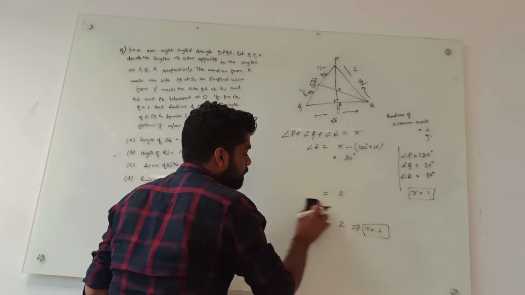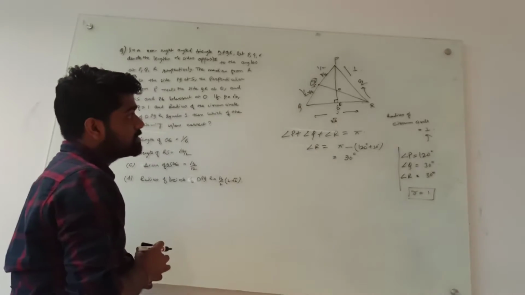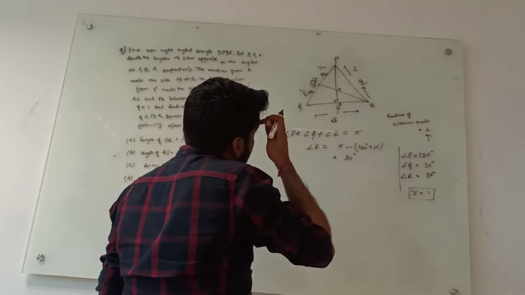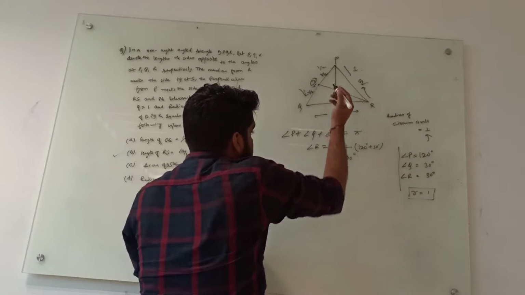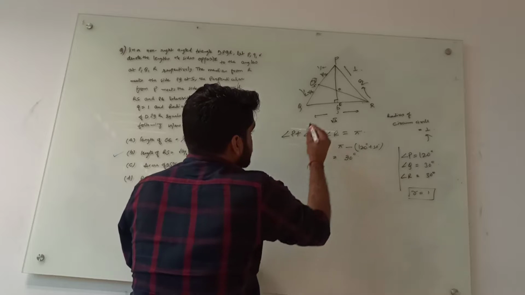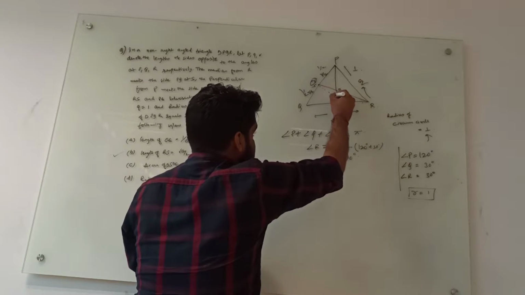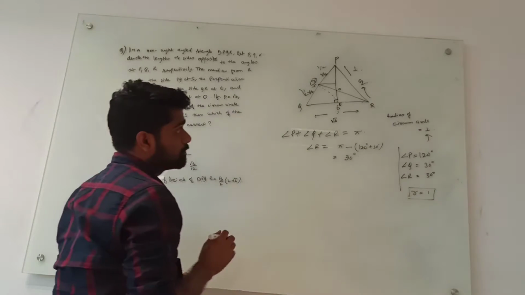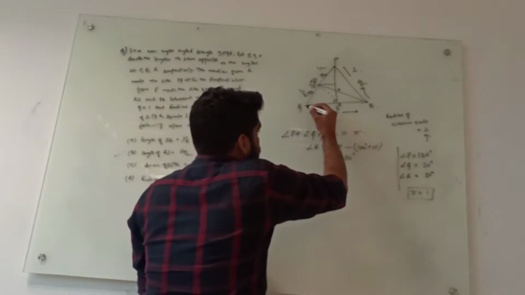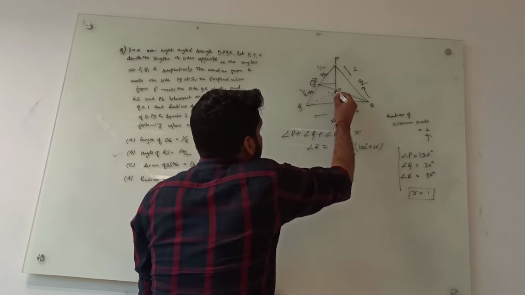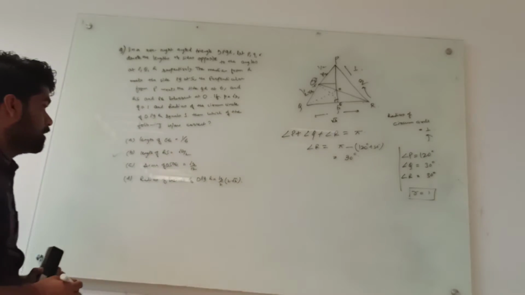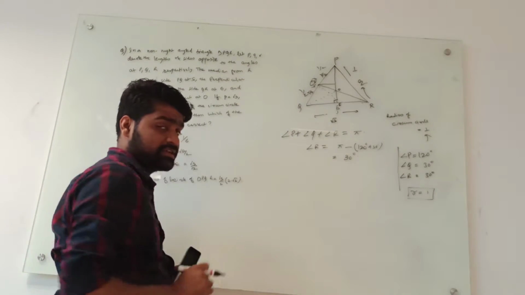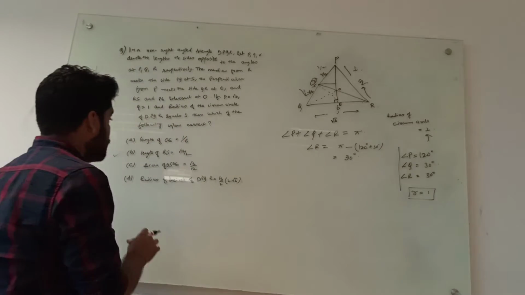Okay. Now the next question is, what can we do? We will try to make some construction. First of all, we will join SC, and we will try to draw a perpendicular from S to here. Okay. And we will try to join OQ. At a later point of time it will be required. Now, because we know all the angles and all the sides of the triangle, can we find the